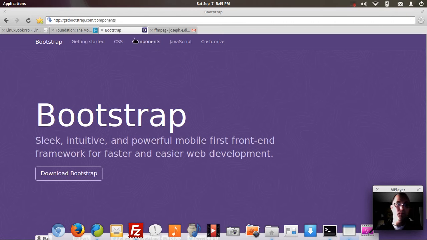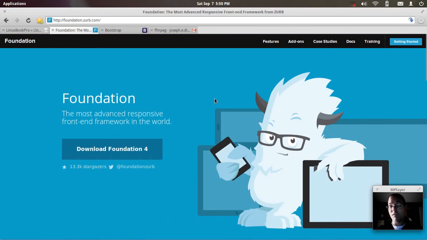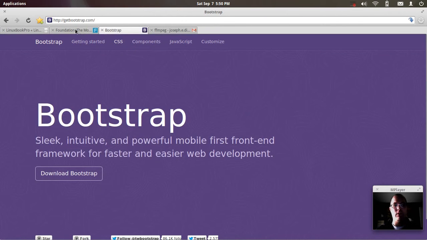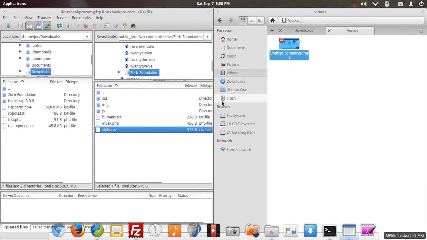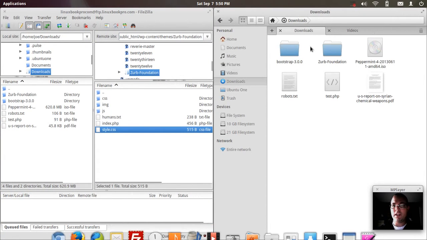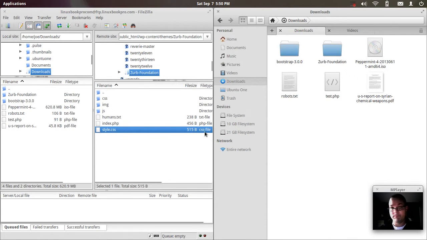Today I'd like to start a new series on theming with WordPress. I'm going to show you how simple it is to create a brand new theme based off of either Bootstrap or Foundation, and what little is actually involved to do this. What you will need is to download either Bootstrap or Foundation, and have access to your FTP or your WordPress installation,